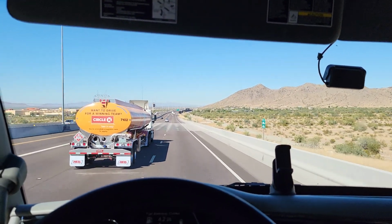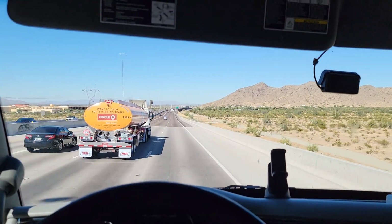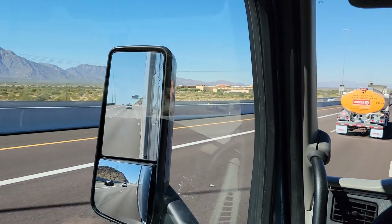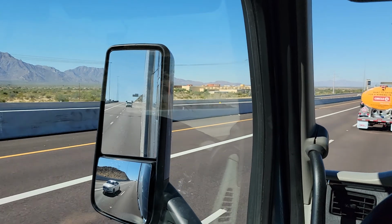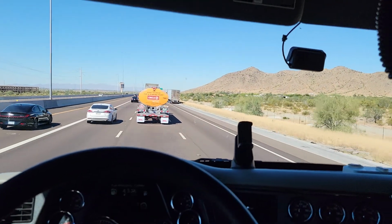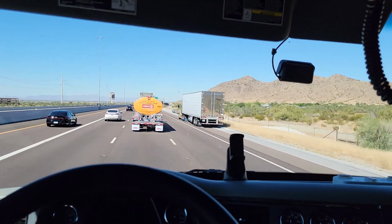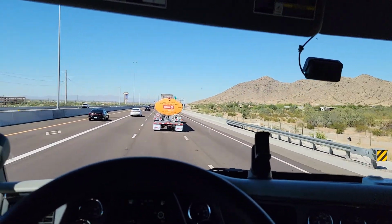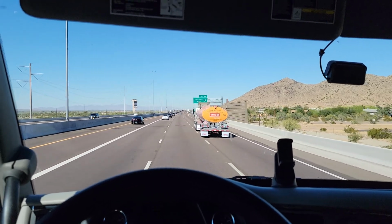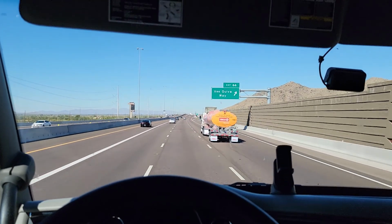Now on the right lane, you can see a truck with his hazards on. So I've got my left turn signal on. That way the middle lane gives me plenty of room to get behind the tanker in front of me. And whenever you see a semi with his hazards on the right, it could be because he's broken down, or maybe there's a problem, but you never ever try to pass a semi truck